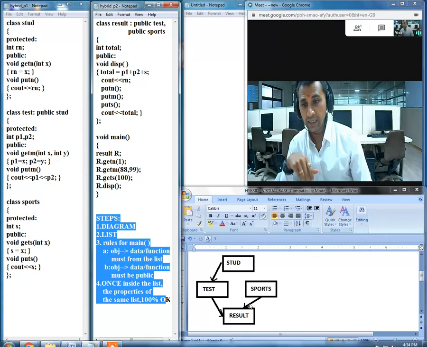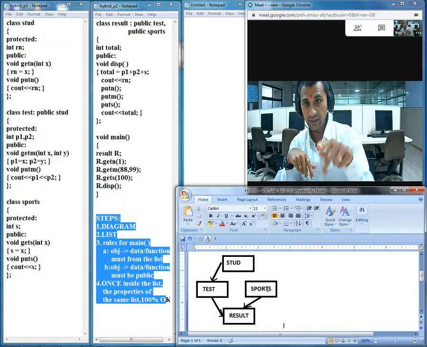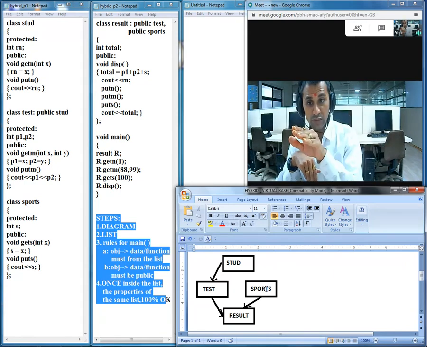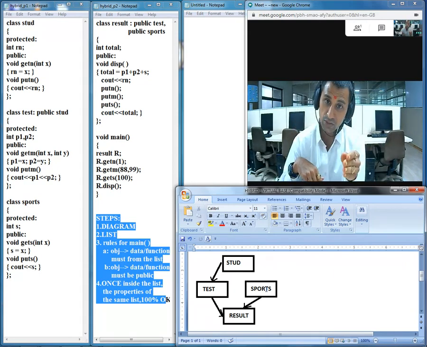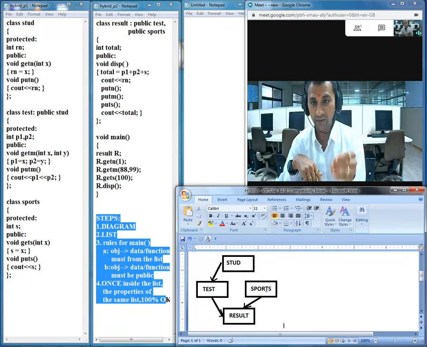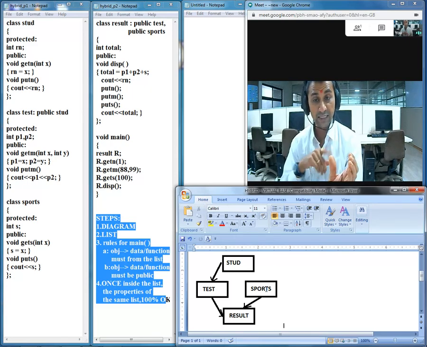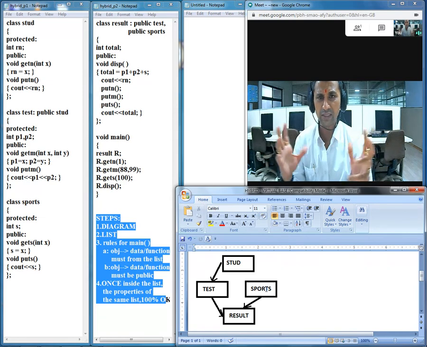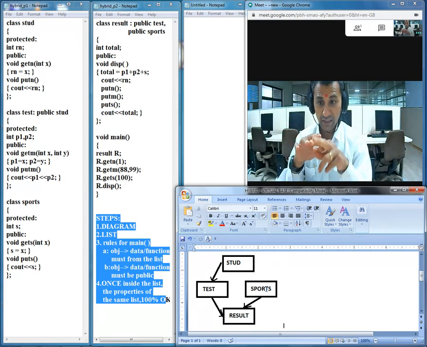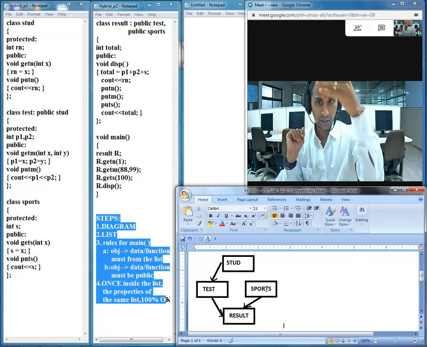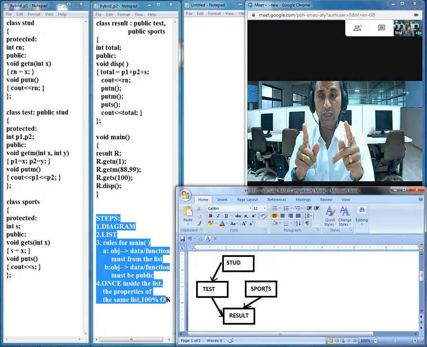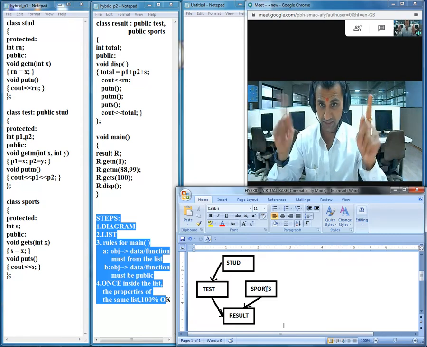The diagram is right here, you can see it on the screen. The main parent class is Student. From there, we derive one more child class, Test, and another super child class called Result. This Result class has one more parent class, that is Sports. So now the situation is a bit complicated. More than one type of inheritance is easily visible there: multi-level and multiple, a combination of both. That is why it is referred to as hybrid inheritance.